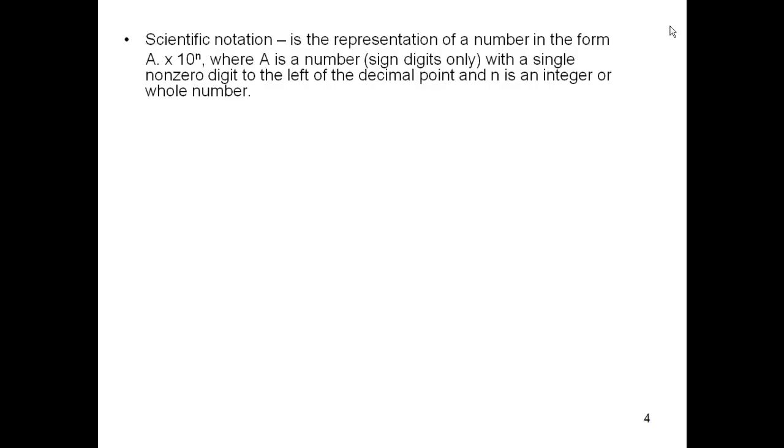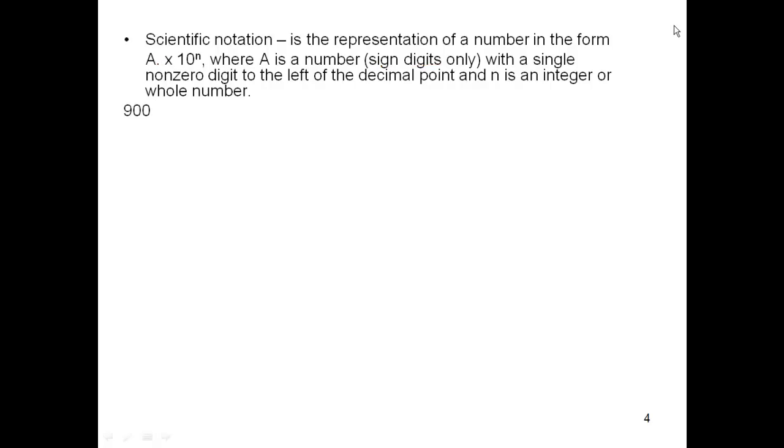Scientific notation is a representation of a number in the form a times 10 to the n, where a is the number which only includes significant digits, with a single non-zero digit to the left of a decimal point, and n is an integer or whole number. Example,